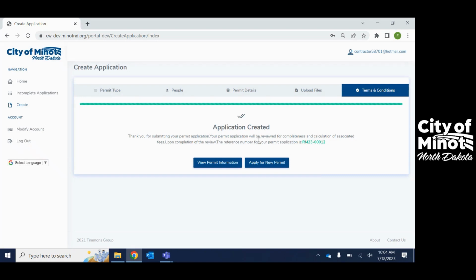So your application has been created. It's immediately assigned a number. Your permit number is assigned at the time of application, not at the time of approval. So here we have RM23, residential mechanical, the year 23, RM23 and the permit number. If we go to this view permit information,